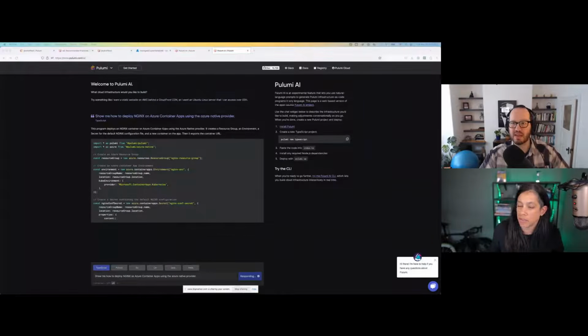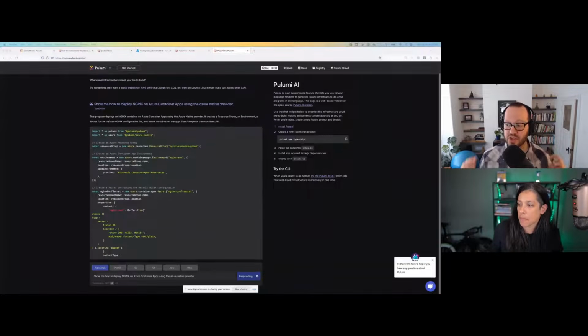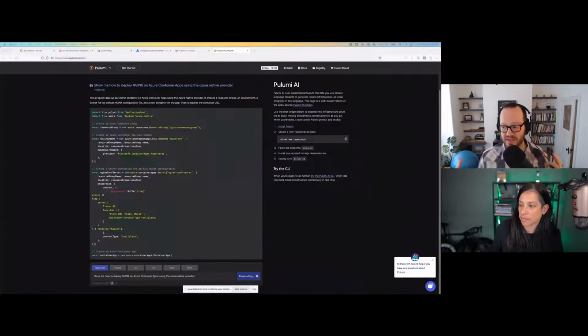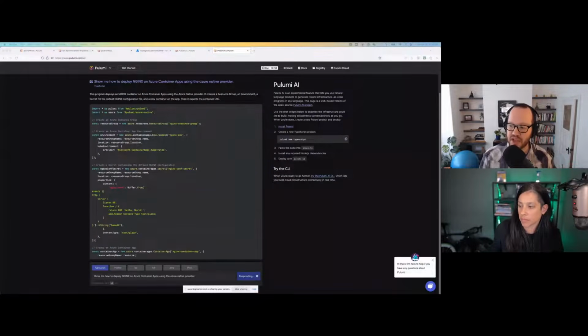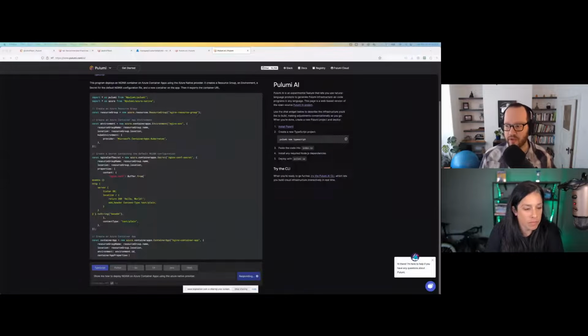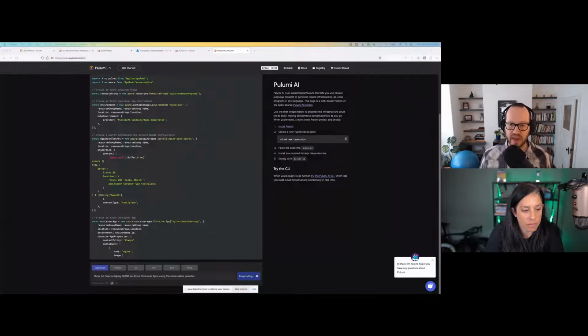Yeah, so you can see that Pulumi AI will, we are using it internally, by the way, extensively. It is a great way, because there are just so many providers and so many resources that it's impossible to cover every single use case. And Pulumi AI has been so helpful at getting a really excellent starting point for